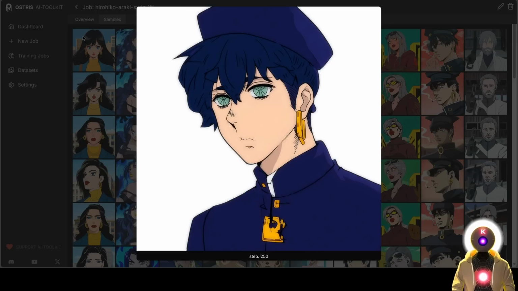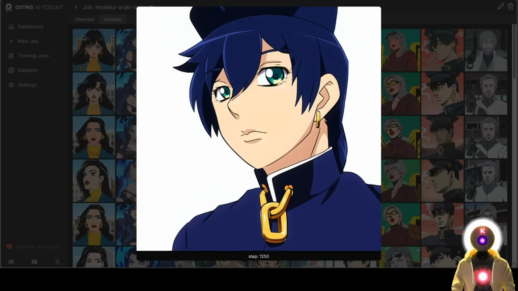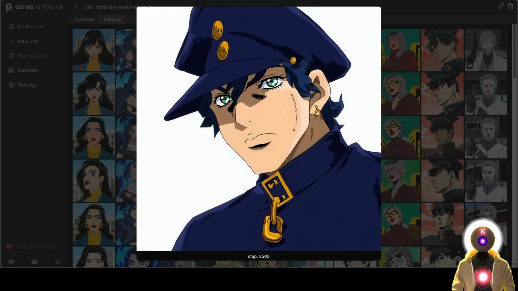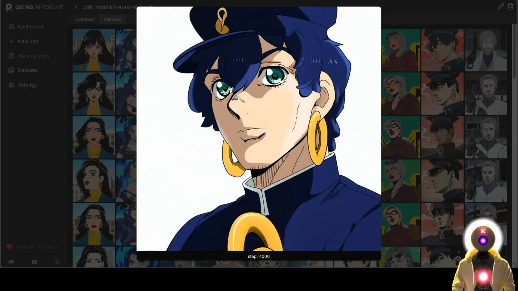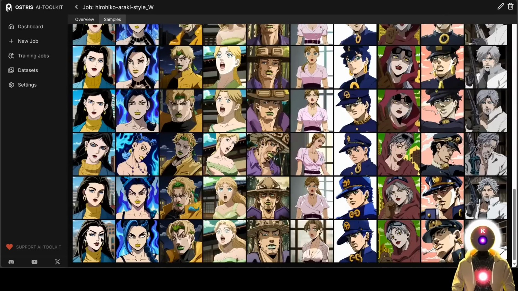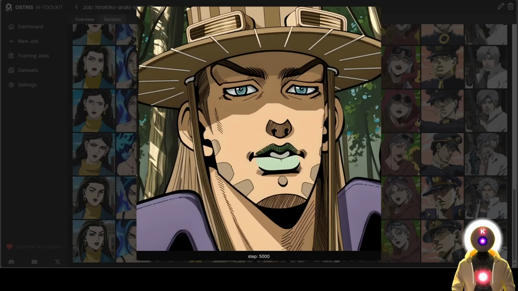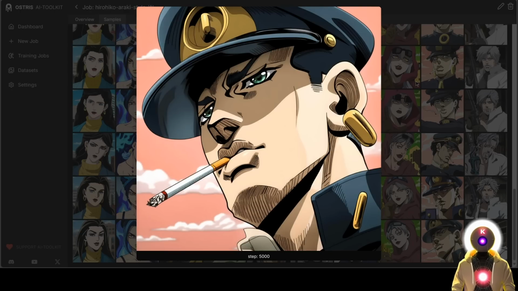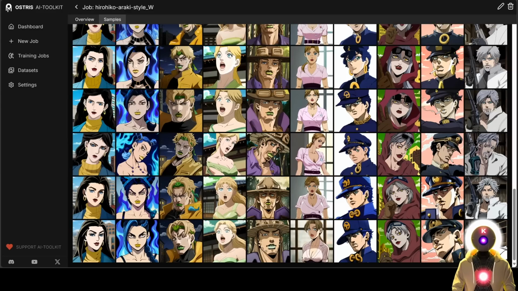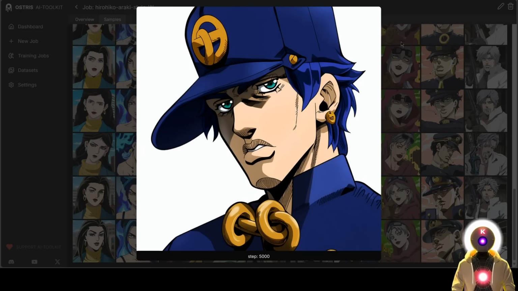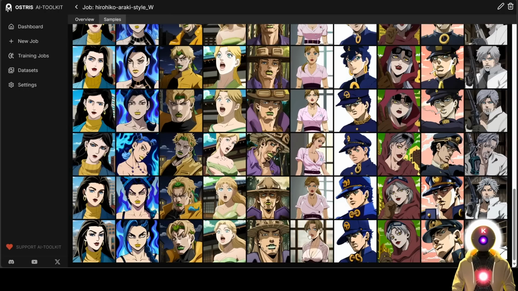And then progressively during the training, it starts to look more and more like JoJo the more the training goes on, up until we get to like 5,000, which is right here, and we get images like these, which are definitely much better than the ones we had in the beginning. Now I could actually just continue the training if I'm not happy with the results, but I think that 5,000 steps is actually pretty good, especially because the results that you